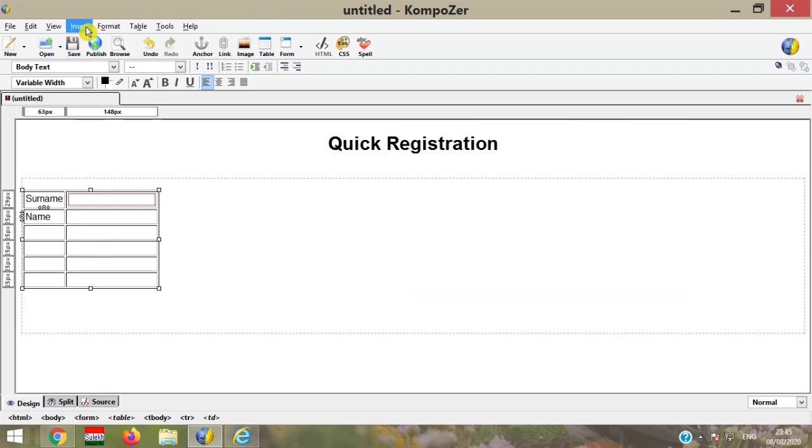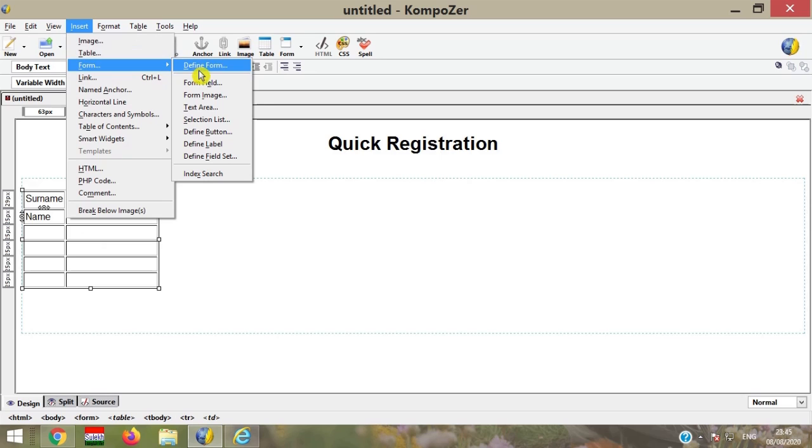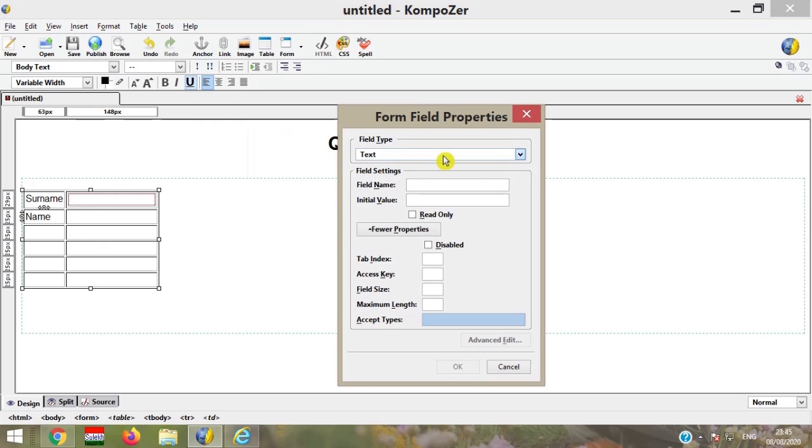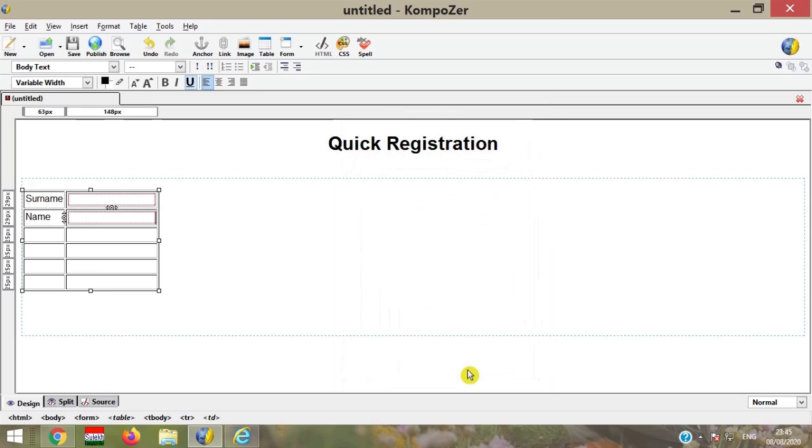It is a very easy and quick way to create the form. Then go to the form field, use the text option, field name, we use name, then press OK. Father's name.